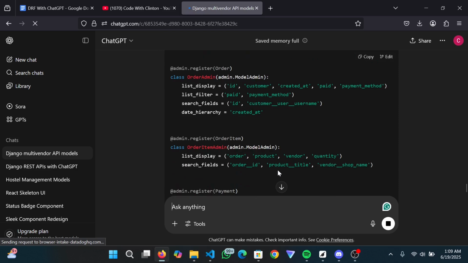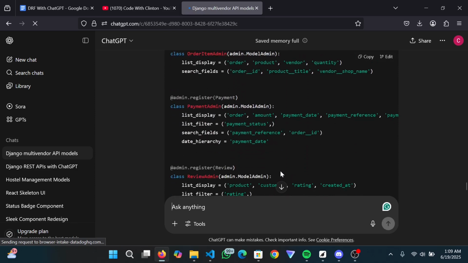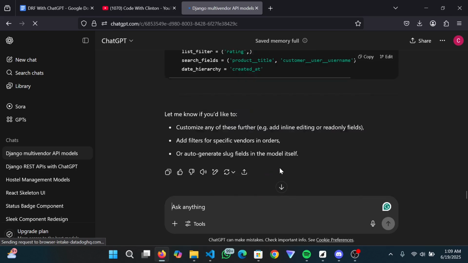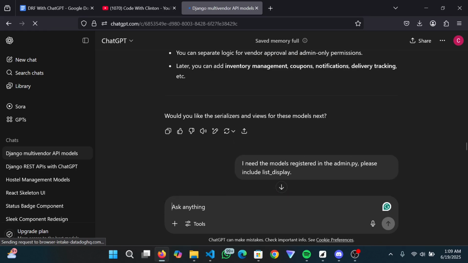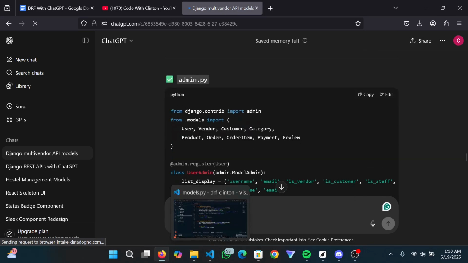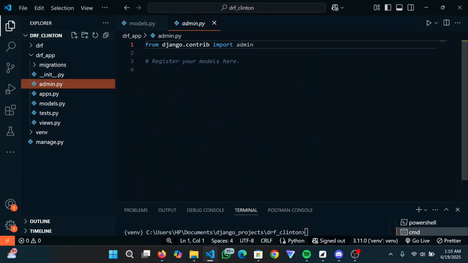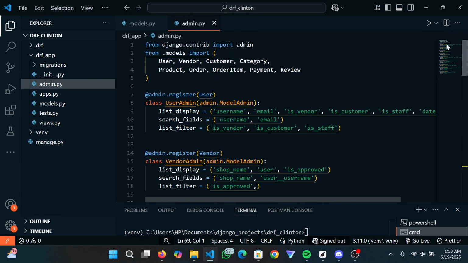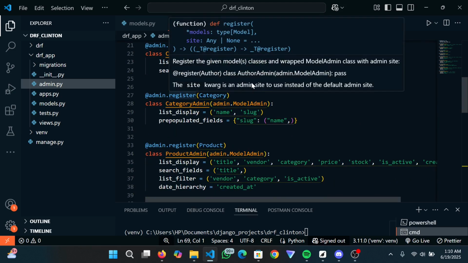This is going to help us register each of those models, so you don't have to type this by hand again. ChatGPT is there to make it super fast. So I'll copy this. This is going to help me register the models. Back here in admin.py, I think I can just replace everything. This helps me register all the models to my Django admin